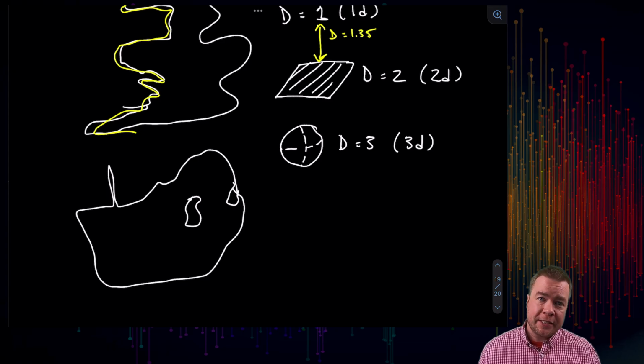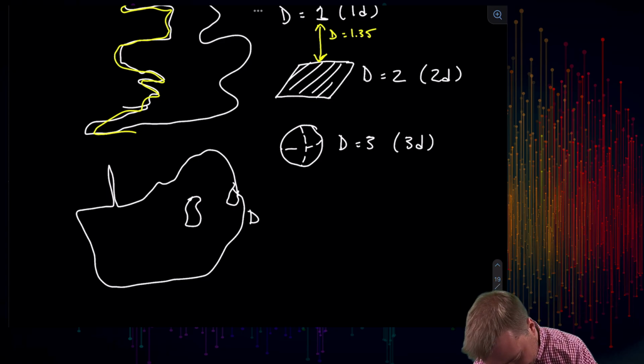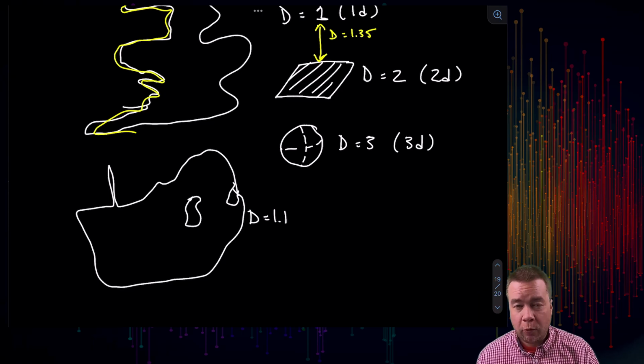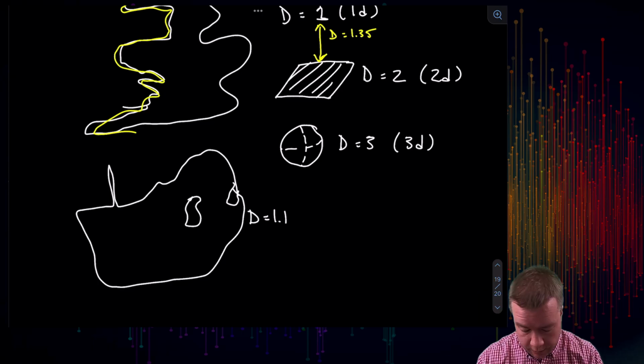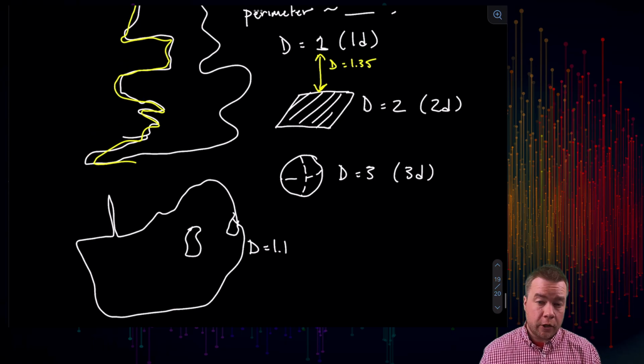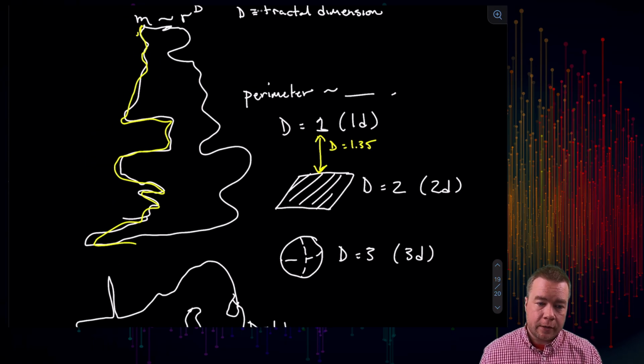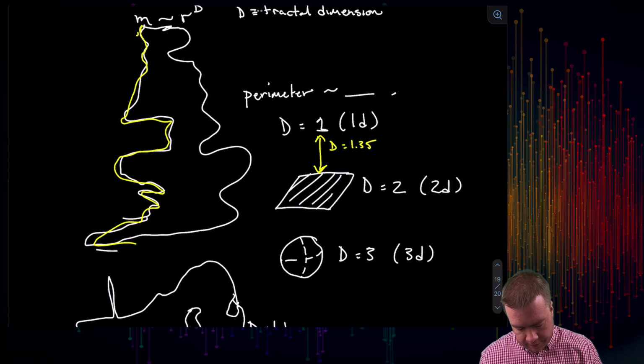But if you were to look at the dimensionality of the perimeter of the country of South Africa, you would find that D was 1.1. It's closer to 1 dimension than it is to 2 dimensions. That also means that it's a smoother coastline than something like Great Britain. You could look at other countries. You could look at Canada. You could look at Norway, Finland, countries like that. And they're all going to have different fractal dimensions that characterize the